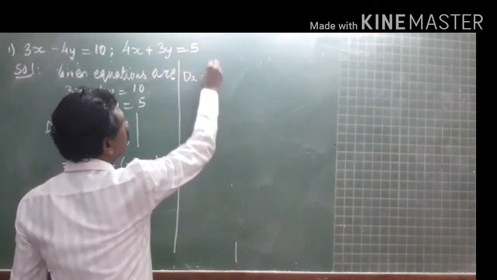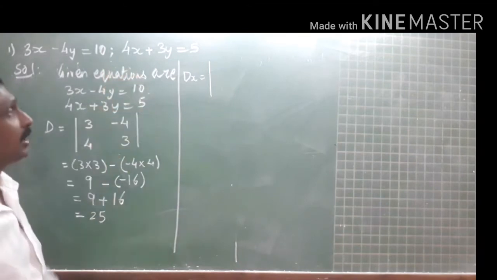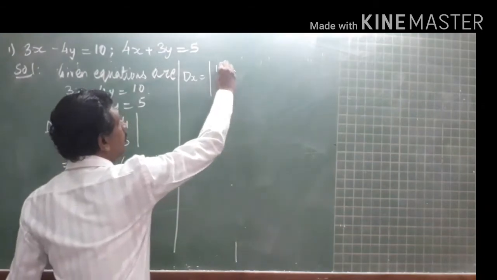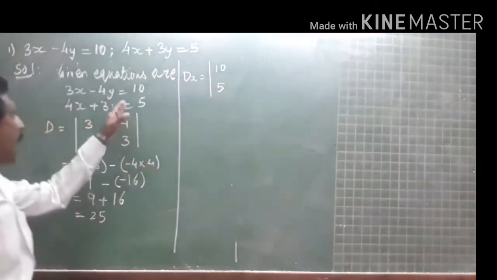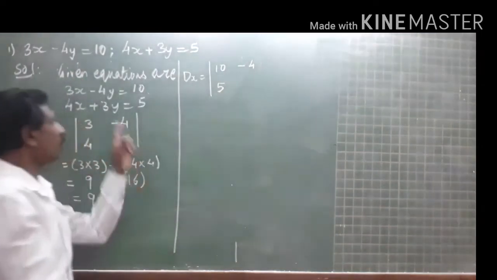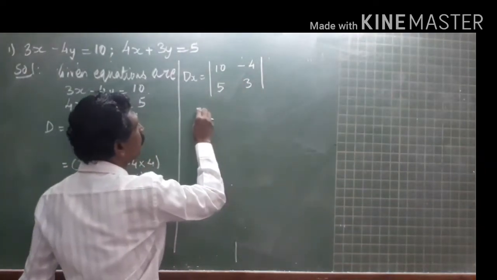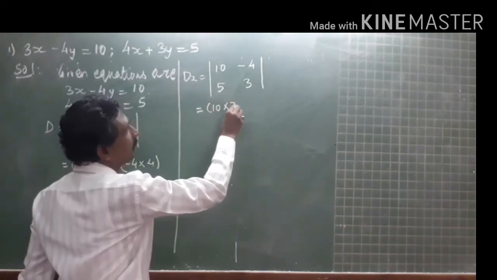Dx is equal to determinant. What did I say before this? C1 upon C2. What is C1 over here? 10. What is C2 over here? 5. And what is B1? Minus 4. What is B2? 3. Which is equal to, again cross multiply, 10 multiplied by 3